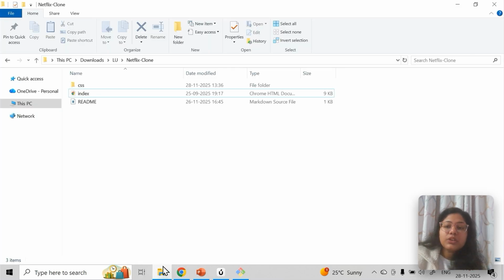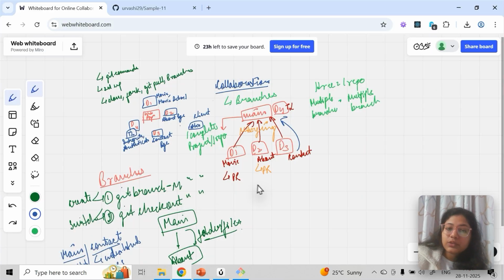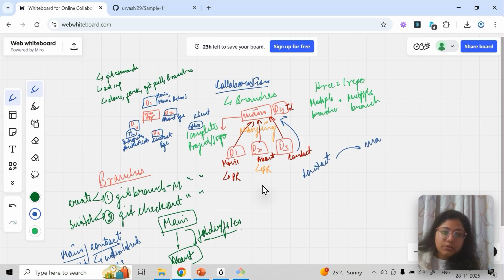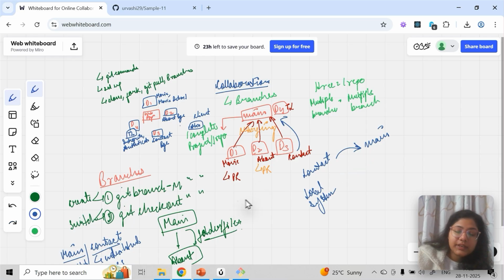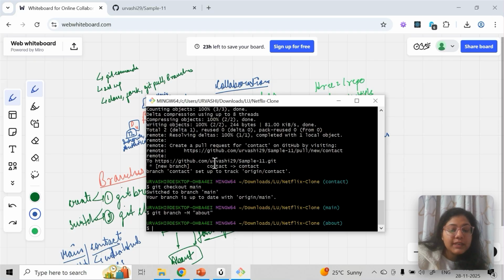We are not merging it from local, right? We are doing it from GitHub. So for GitHub, contact and main have been merged, like the content has been merged. But your local system doesn't know that main and contact have been merged, because from local I just push the code. So now what I need to do is every time I have to do a pull. That's why I told you main is the latest code. Even in your local, the main is not updated yet.